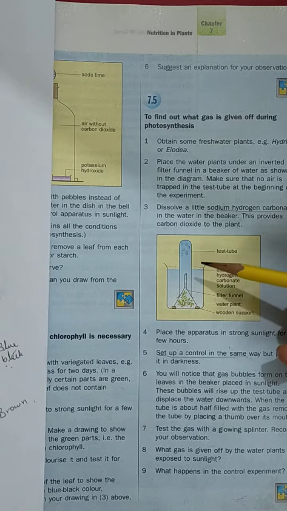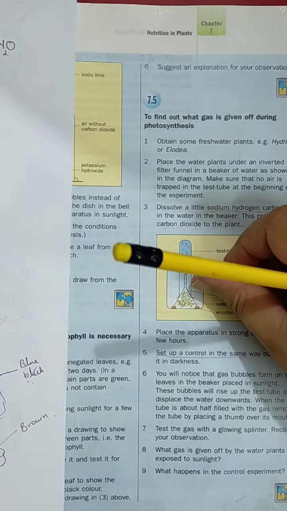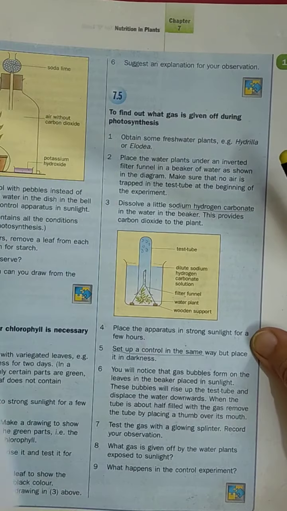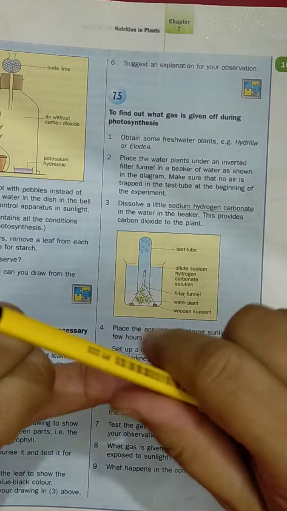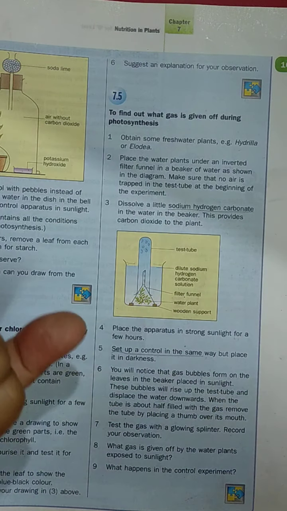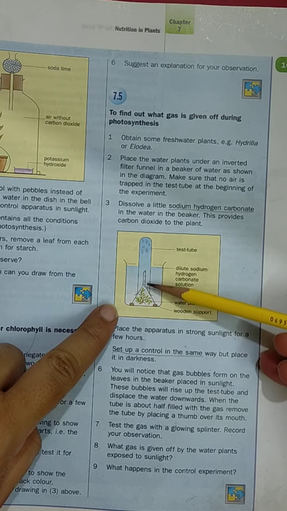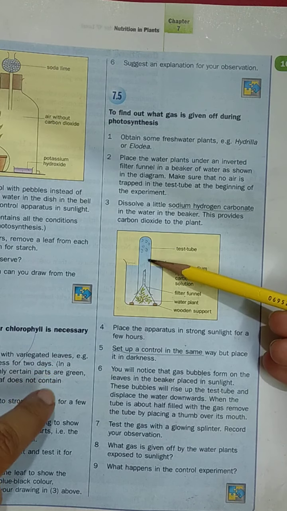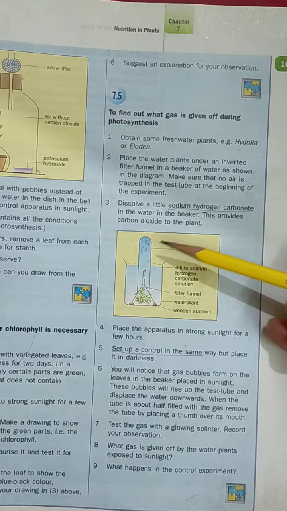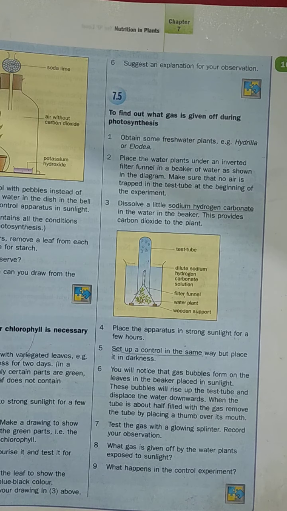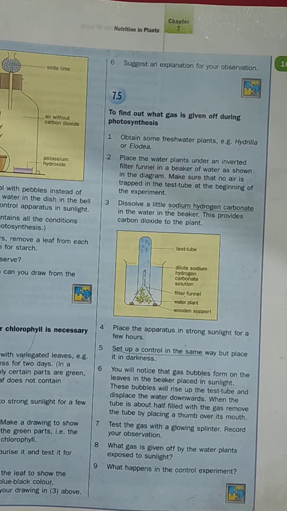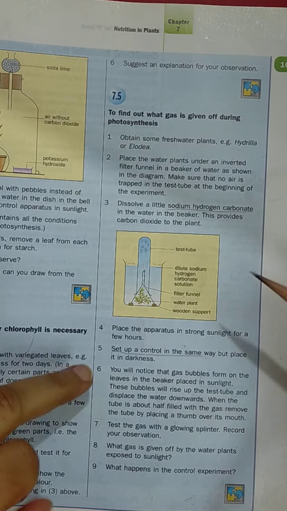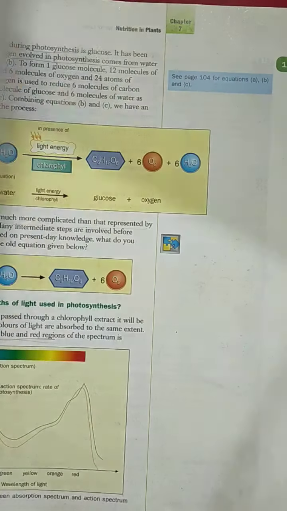Then we will take this test tube from this place and place our thumb under the test tube. Then we will take a burning matchstick inside this test tube and it will glow vigorously. This shows that the gas which is released is oxygen, as oxygen supports the process of burning. So in this way we can prove that the gas released during photosynthesis is oxygen.